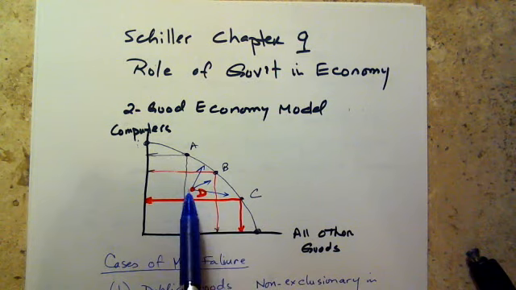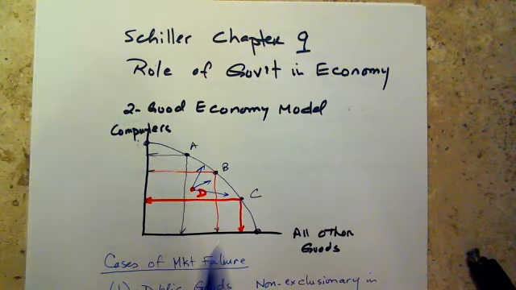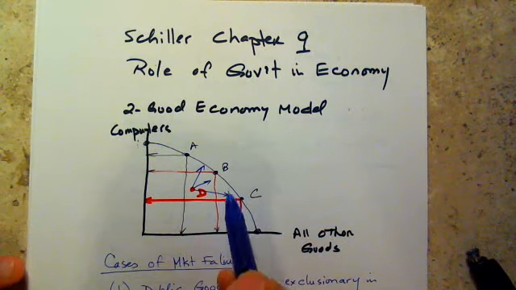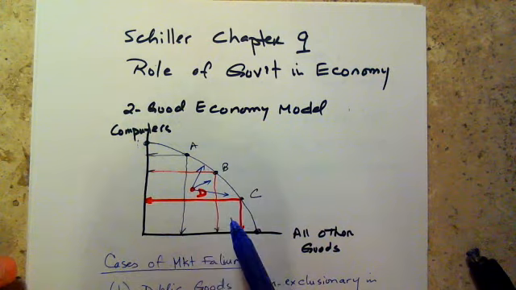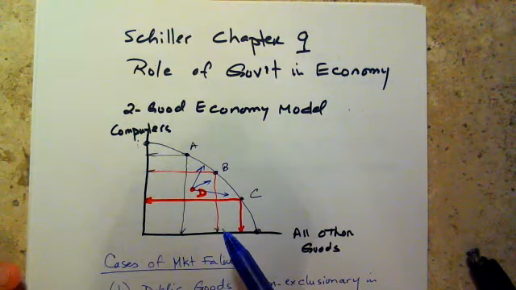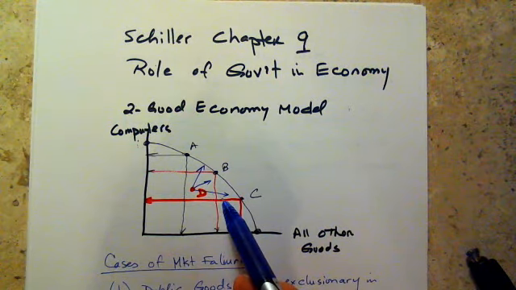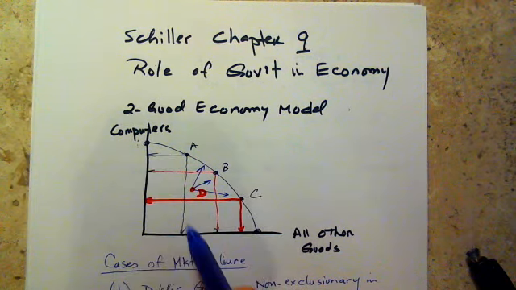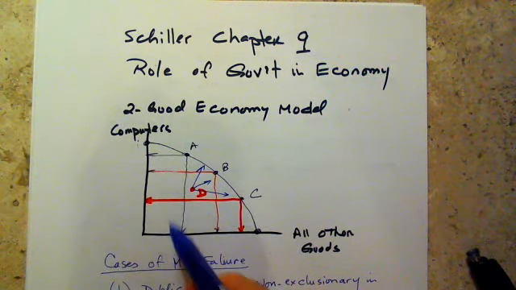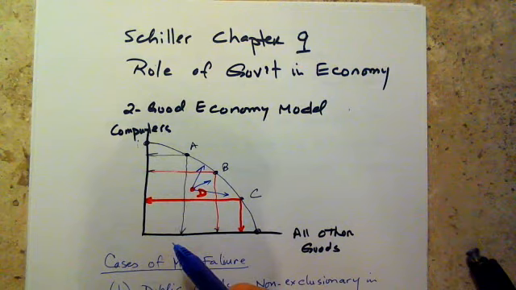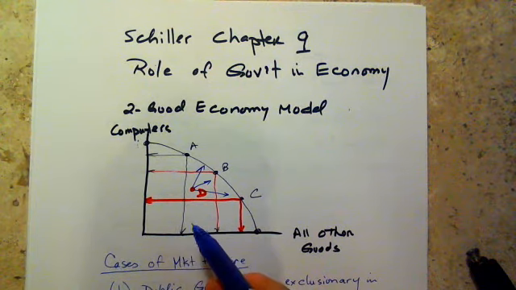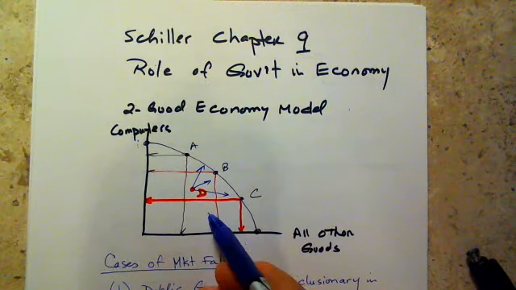And if we were inside the production possibility frontier, of course, we were producing less of one or both goods, and therefore the objective was to go toward the production possibility frontier. The question is, is A, B, or C the optimum? If these are driven by market forces, meaning that price signals have sent the producers to make this combination of computers or all other goods, the question is, is this the right combination? And there are times that it may not be.